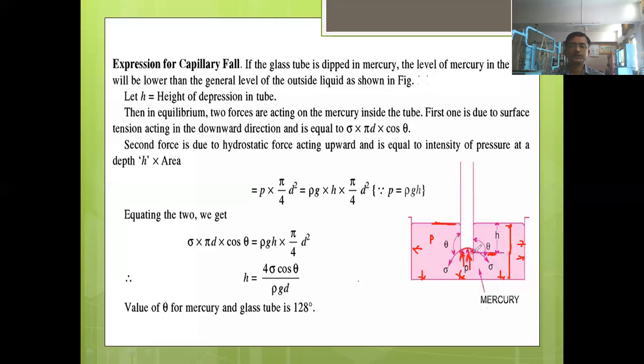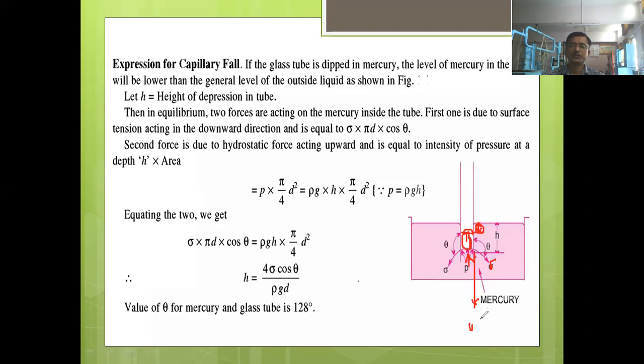So initially when we insert this glass tube inside the liquid, because of this surface tension, the mercury surface level will start to move in the downward direction. It will reach here. At that time, this much pressure force, or the pressure head, will act here, but this value will be very small to resist this surface tension force. So it will again go on moving downward, and one stage will be reached at which this pressure force will become equal to the magnitude of this surface tension force.